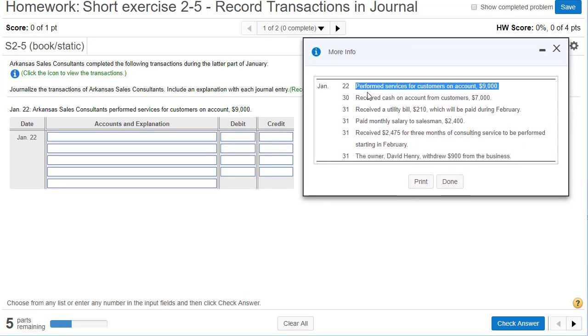So this first transaction, we perform services for customers on account. So the key phrase is on account. So the customers are not paying us now. They are going to pay us later. So do we record cash? No, we're going to receive the cash later. So what do we get instead of cash? We're going to receive accounts receivable. So then we have to take a look at our